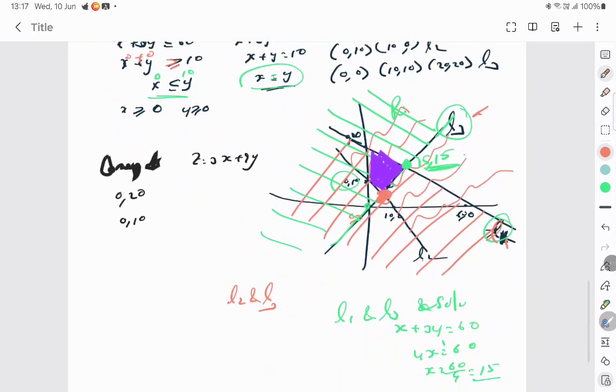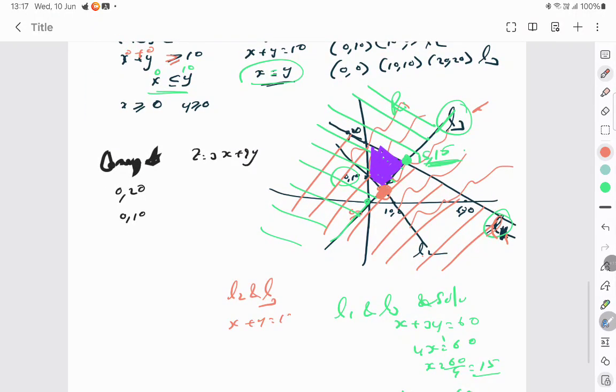What is line 2? It is x plus y is equal to 10. What is line 3? x is equal to y. So 2x is equal to 10. x is equal to 5. Again this is 5, and y will also be 5 because this line itself is x is equal to y. So you got these corner points, which are 5, 5 and 15, 15, and put them in the objective function